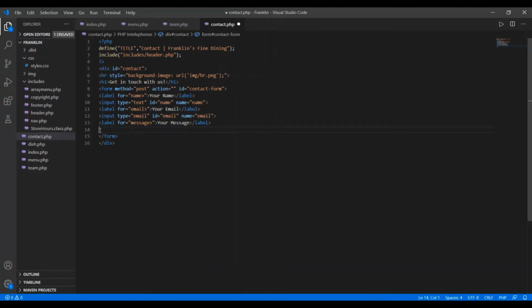So for this I have to use the textarea element, and to this I am giving the ID as message, and the name also message. And here we close the textarea, then the textarea is closed.